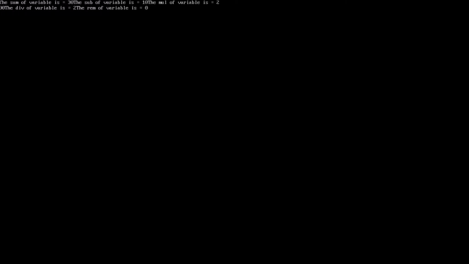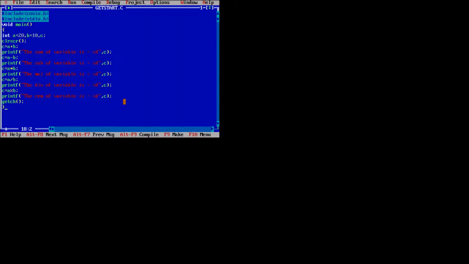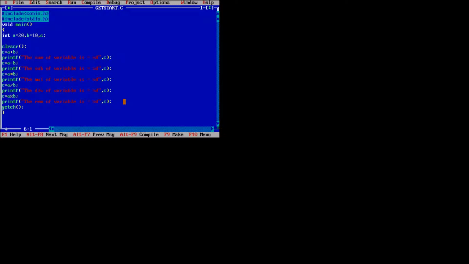The sum of the variables is 30, the sub of the variables is 10, the multiplication of the variables is 200, the division of the variables is 2, the remainder of the variables is 0. That is the output. If you want to show the output on separate lines, use \n for new line.